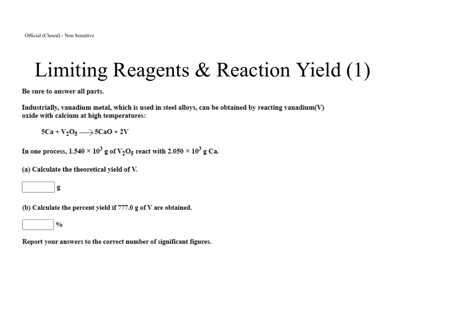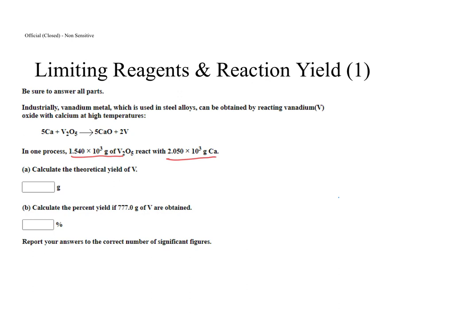We'll be looking at two questions on limiting reagents and reaction yield. In this first question, we have a chemical equation that shows the reaction between calcium and vanadium oxide. It forms calcium oxide and vanadium. The question gives us the masses of vanadium oxide and calcium, and then we are asked to find the theoretical